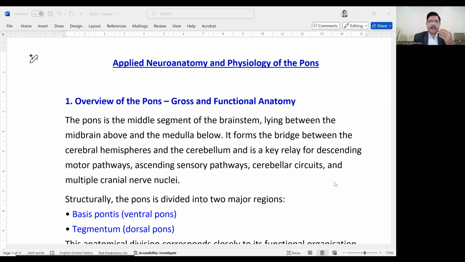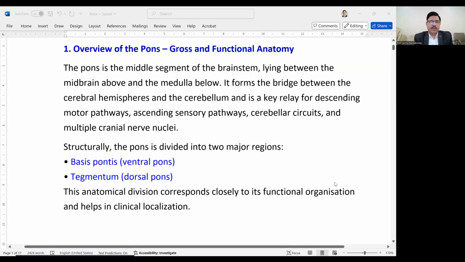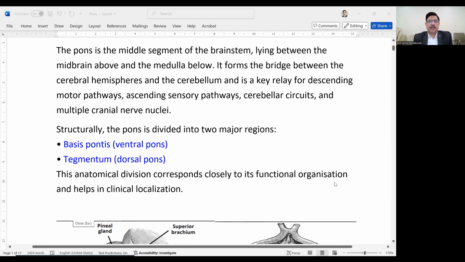There we had the tegmentum and the peduncles. Three parts were there. Here we have the basis pontis and the tegmentum. This anatomical division corresponds closely to the functional organization of the pons. So remember, there are two parts. The basis part, what are the main structures in the basis part? Suppose there is an injury or an infarction of the basis pontis,